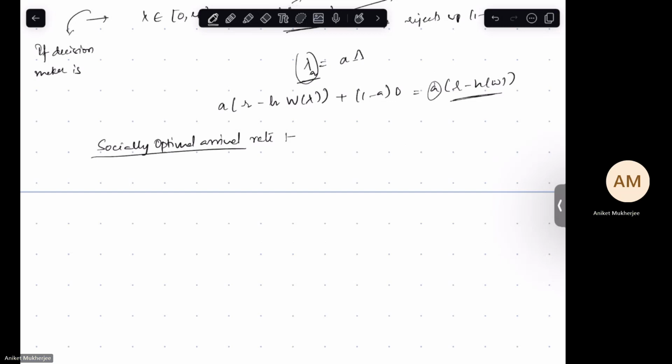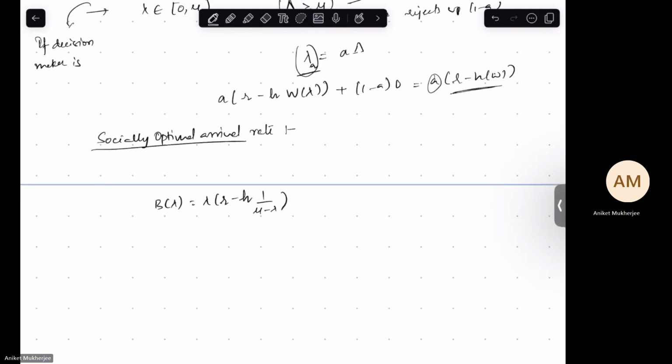So the whole problem formulation is the same as what we have just done. You have B(lambda), this is your objective function. You have lambda times R minus H times 1 by (mu minus lambda). And the choice of lambda still makes sense because the decision maker is acting on behalf of the collective. So what he'll do is he'll admit